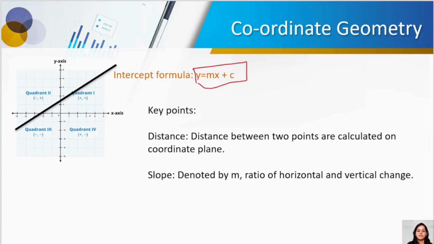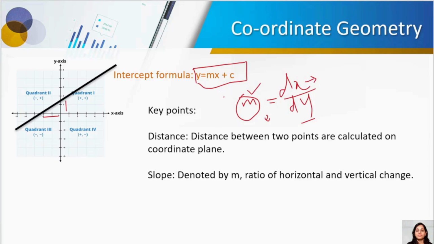Where m is nothing but the ratio of vertical distance to horizontal distance, right? m = dy/dx. That means the amount x moved and the amount y moved in the y-axis. That is nothing but your m, and it is going to be a very small number. In a real scenario, this number is going to be a small number.